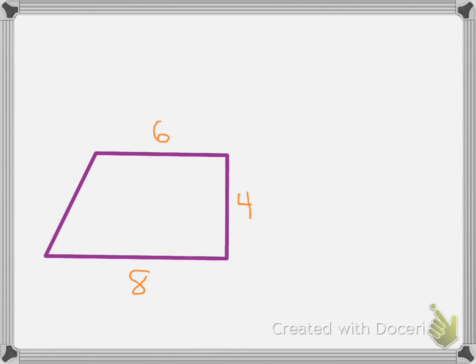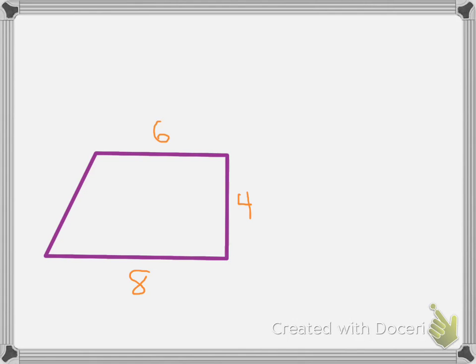The third method we're going to use to find the area of a trapezoid is called decomposing. And decomposing, like leaves that decompose after they fall from trees, means to break down. So dead leaves that fall from the trees become brittle and break apart into smaller pieces. To decompose a polygon sort of means the same thing. We're going to break it into smaller pieces that might be easy to work with to find the area of